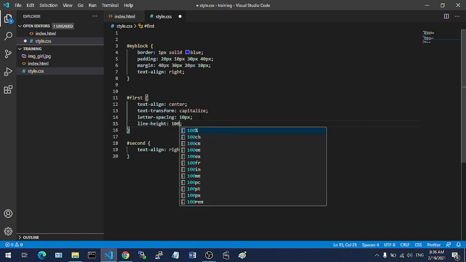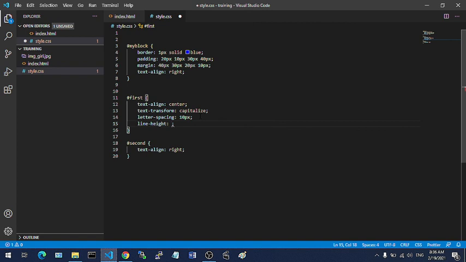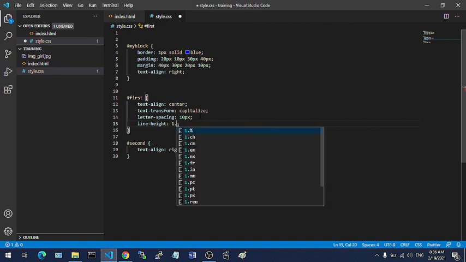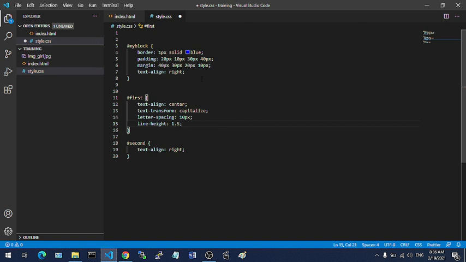It could be 100%, or it could just be a value without the unit, something like 30 or something like 1.8. So that will define the line height of the text. And in the next lesson, we'll look at the CSS font and some of the properties that can